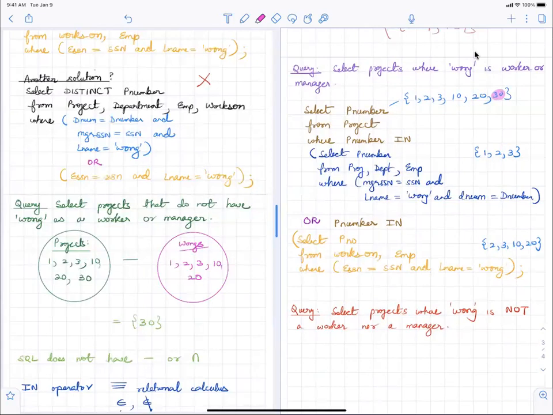So in order to do that query, you go back to where we are saying P number in, and what we have to write out here is, instead of in, not in. Do you think this one would work? Just look at this query, and would this query give you the answer for select projects where Wong is not a worker nor a manager?